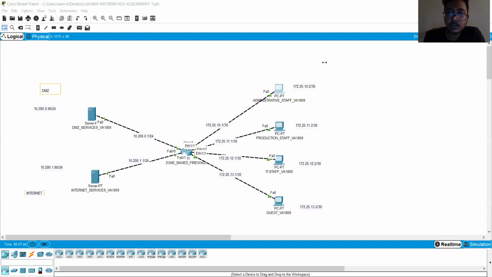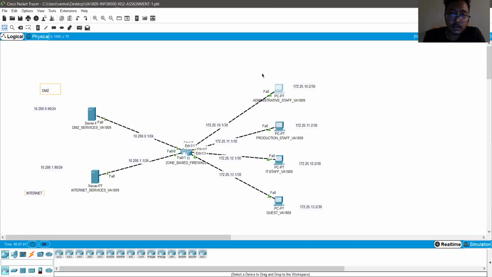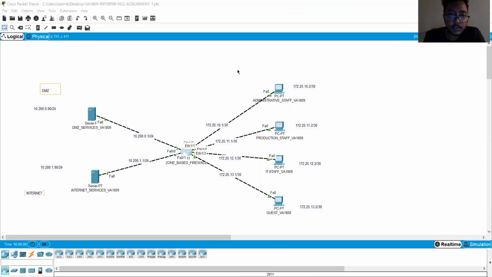These are the configurations for the FastEthernet ports. In order to connect all these components, a single router won't have that many ports, so I have used the NM-4E component, which has 4 Ethernet ports mounted on it, in addition to the 2 built into the router. Let me go to the CLI configuration mode.